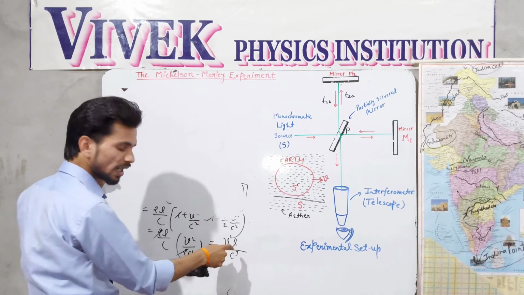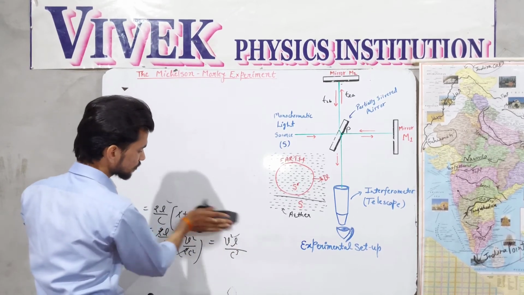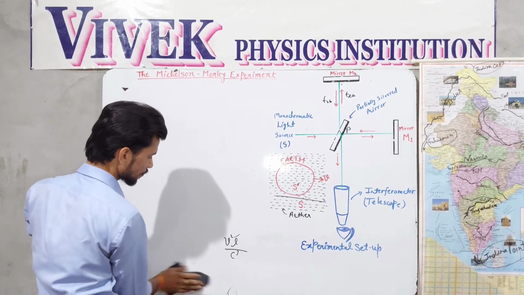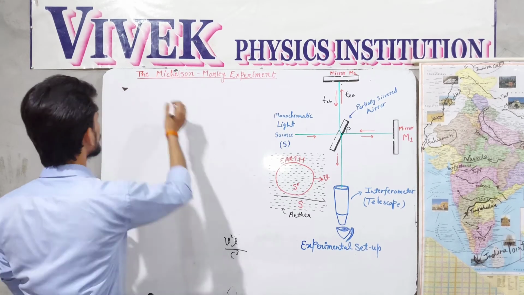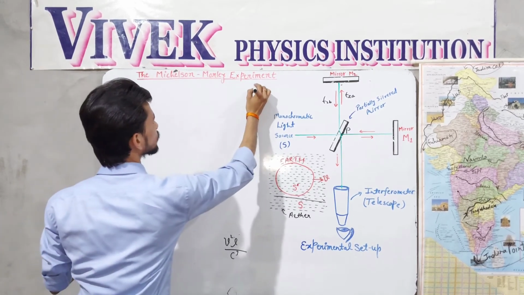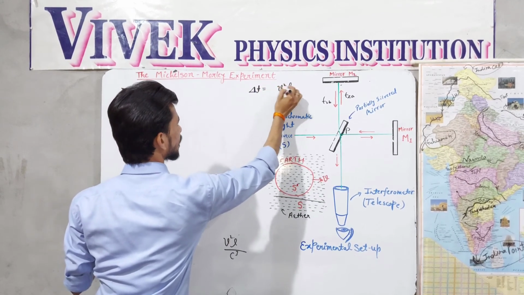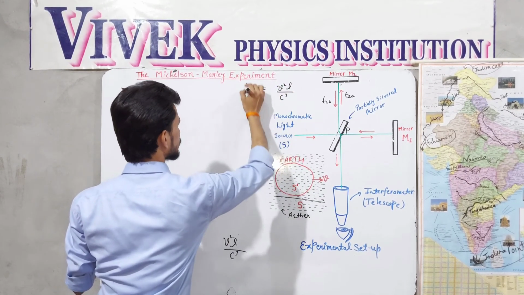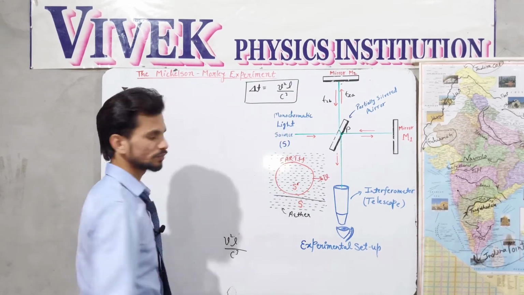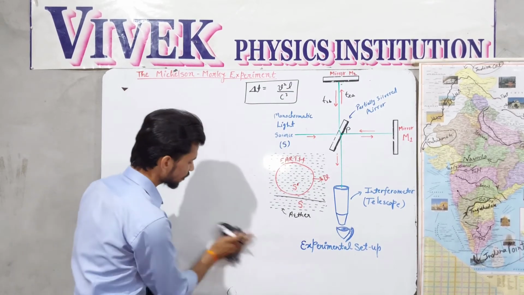This is V square L upon C cube here. So the time difference delta T is V square L over C cube here. Okay. Now what we are going to do,